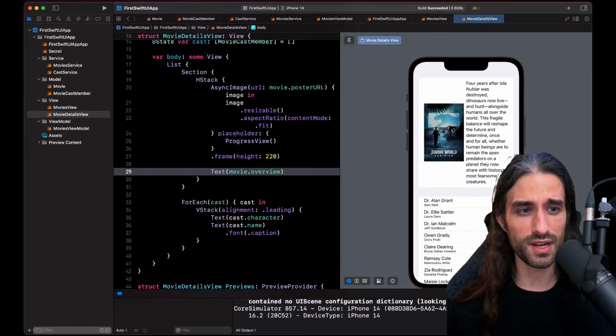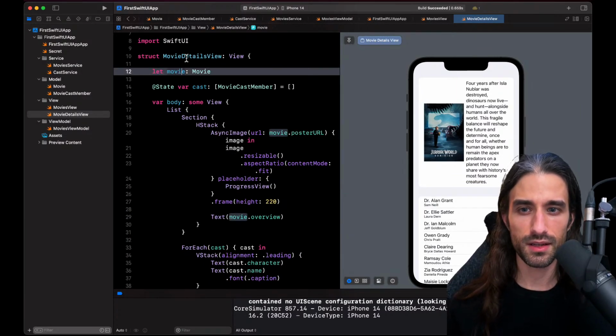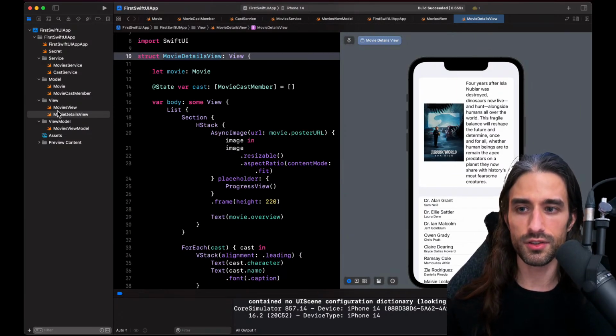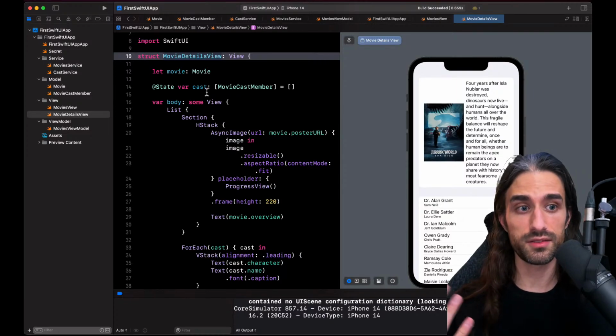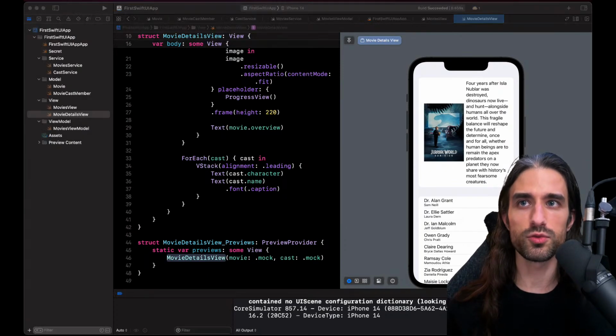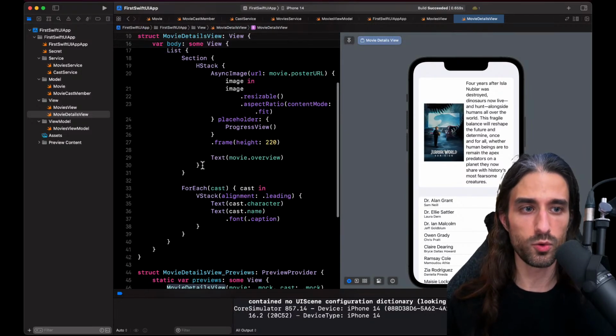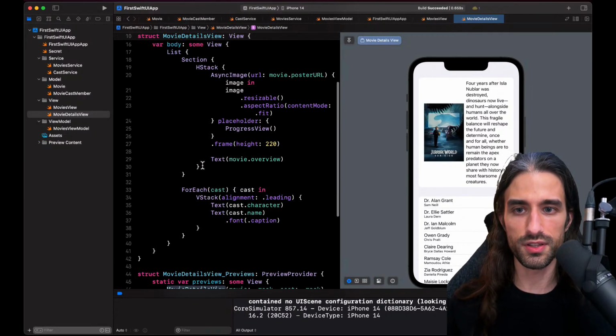So we need to implement now the navigation and the data flow. So basically we need to embed the details view in the movies view, the list view. Before this, I'm just going to add the code to make the network call. This way, my view is going to actually work when I use it in the real app.